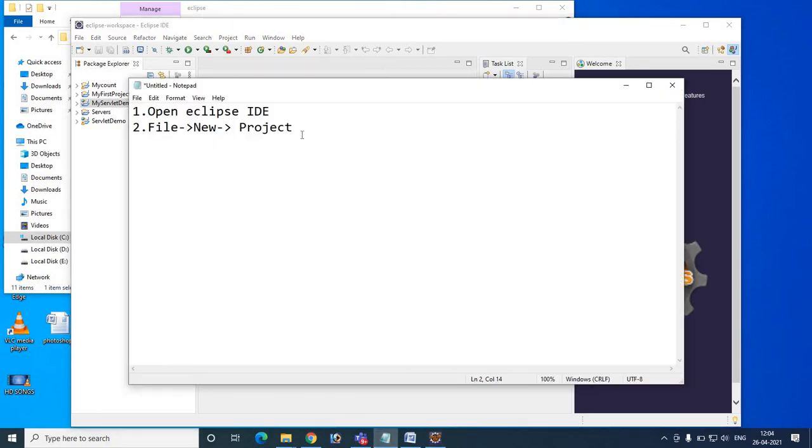So the step we have done is File, New, and then Project. After that, we have to choose Web, and then Dynamic Web Project. This is the second step we have to do.